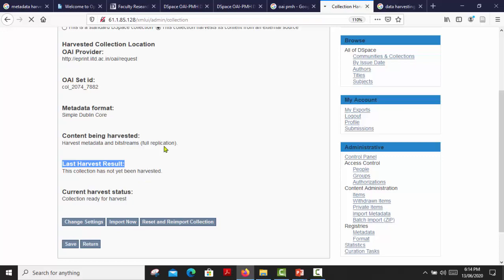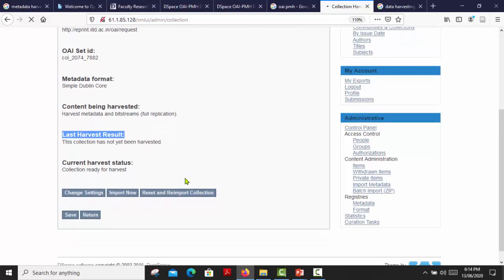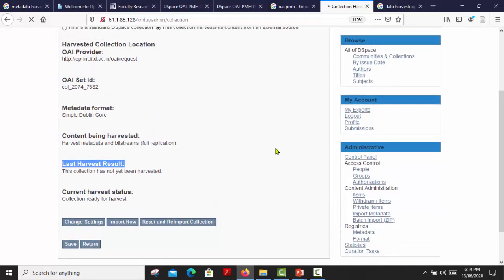The full replication means harvesting metadata and bitstreams as they are. It takes some time because now it is taking not only metadata but bitstreams.